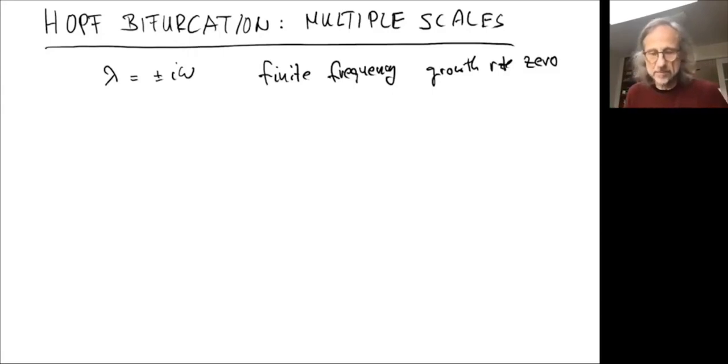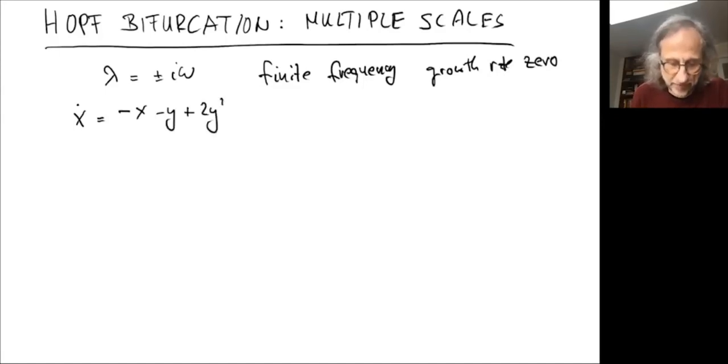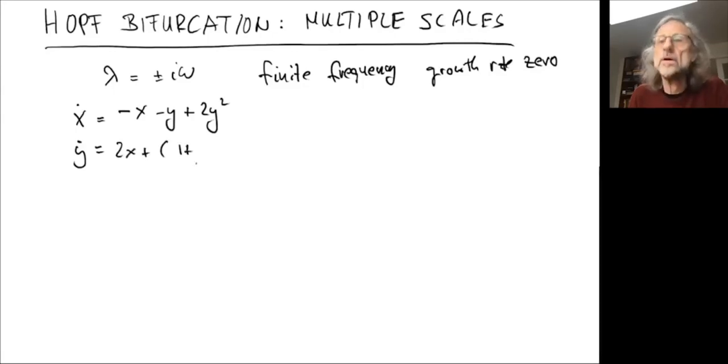Let's do that with the same system of equations that we had before. So let's see, it was x dot equals minus x minus y plus 2y squared, and y dot equals 2x plus 1 plus mu y minus 4xy minus 4y squared. Okay, so